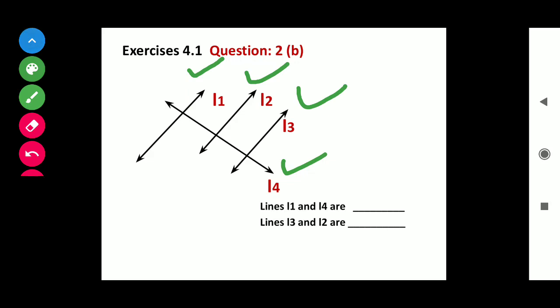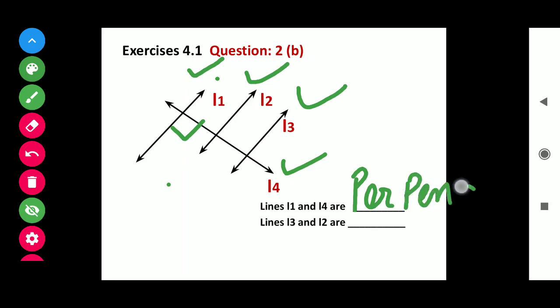So first one we will see L1 and L4. So L1 is like this and L4. So you can see this. The angle between L1 and L4 is 90-degree angle. So we can easily say that both of them are perpendicular. So L1 and L4 both are perpendicular. Now what is the relation between L2 and L3? So between L2 and L3 there is no common point. So L2 and L3 both are parallel.